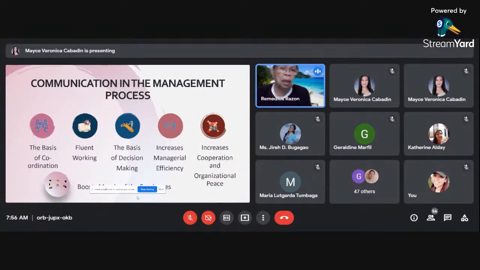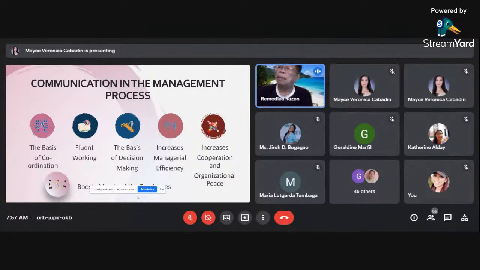Nai-increase kasi nagkakatulong-tulong kayo, you support one another, you cooperate with one another. And then increases cooperation and organizational peace. Kung talagang kayo ay cooperate with each other, you support with each other, you are loyal to your school, nai-increase ang cooperation and organizational peace.